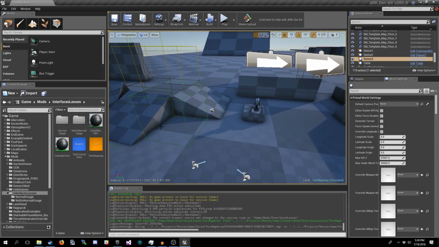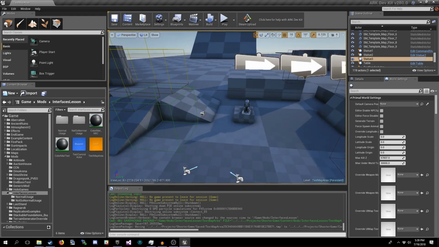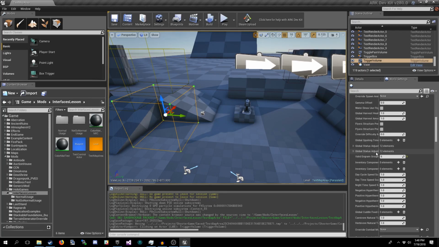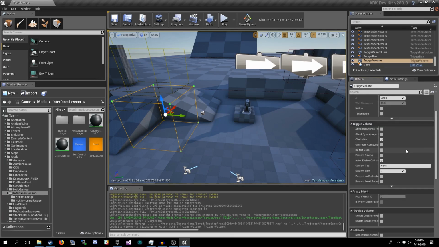So let's look at what we've got. If you open up the project files, you will find this test map area copy here. You can go ahead and open that up. And what you'll find in here is a bunch of statues sitting there. And you'll find there's this box here, this trigger volume. Now, this trigger volume has some code attached to it for the purposes of testing this out and debugging.